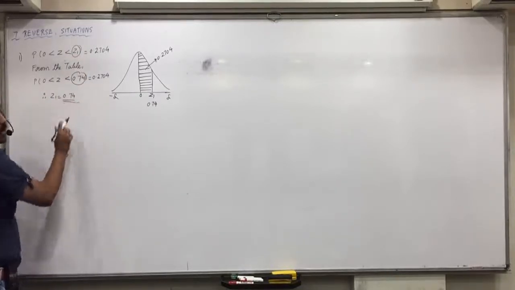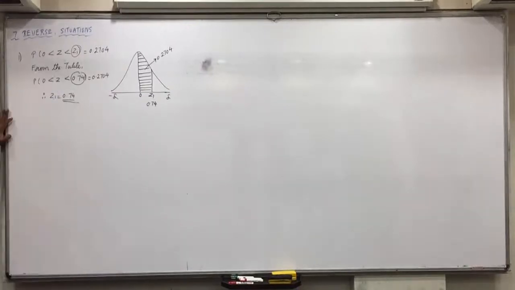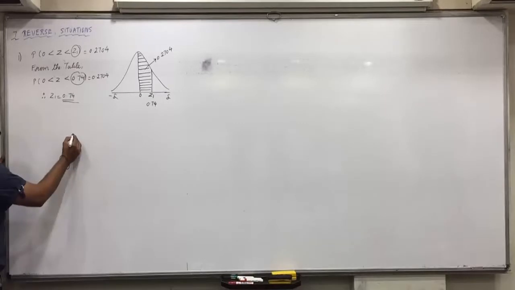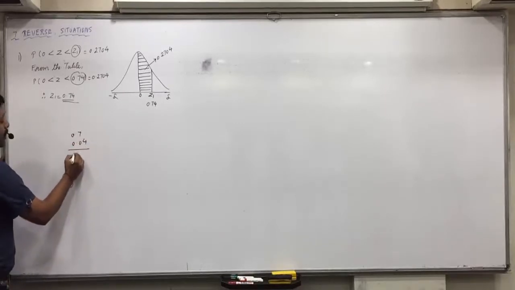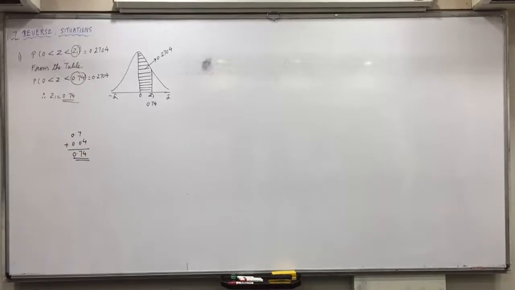Did everyone understand the first situation? Yes. Any confusions? See, 0.2704 is the area we need. In the first column of 0.00, which is the value just less than 2704, 2580. Now in that row, do you get exactly 2704? Now 2704 is 0.7 on the left side and at the top 0.04. Means the value is 0.7 and 0.04, if you combine it, 0.74. Is everyone clear with this?